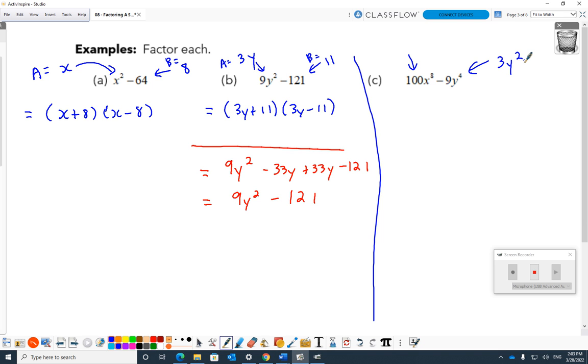Just think it through. Let's do another one, and then we'll see. We'll just mention the shortcut. I don't want to live on the shortcut, but